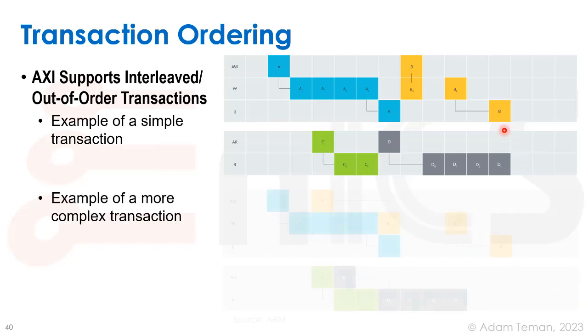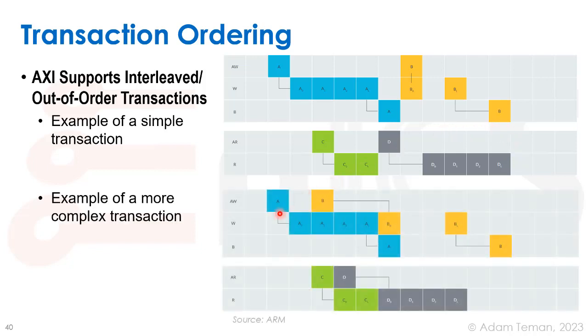But still, everything is in order. If we want a more complex type of transaction, we can see kind of strange things over here. So now, in this case, the master is putting the first address number A and the second address number B before he is even finished driving all the data onto the data bus. Okay, and so over here we get the acknowledgement that this is finished, but the transaction is finished over here